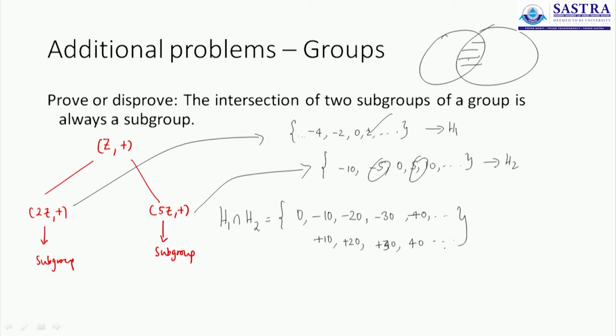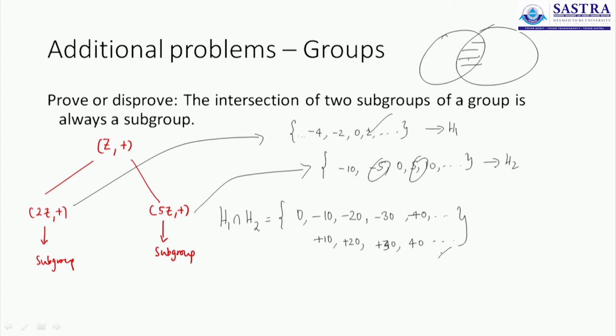There are common elements, all right. Now you have bought the idea that there are common elements. The intersection is not a null set, but do you have enough evidence to show that the intersection is also a subgroup? What do we need to find out for this? We'll have to see whether this intersection passes the two condition test. Is this set closed? It is absolutely closed, because you take any two numbers from this set, you add them, the result is going to be a multiple of 10, and as long as it is a multiple of 10, it is going to be part of the set.